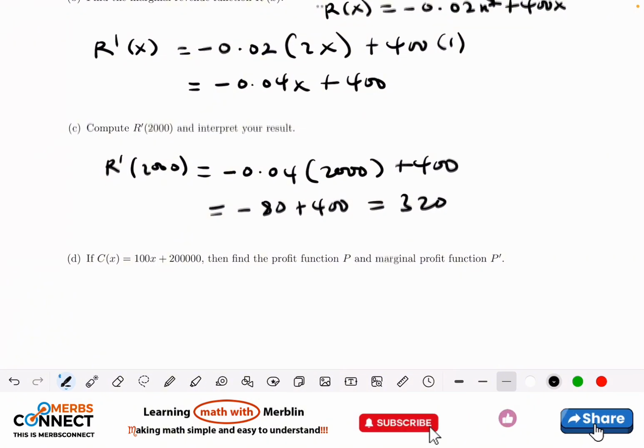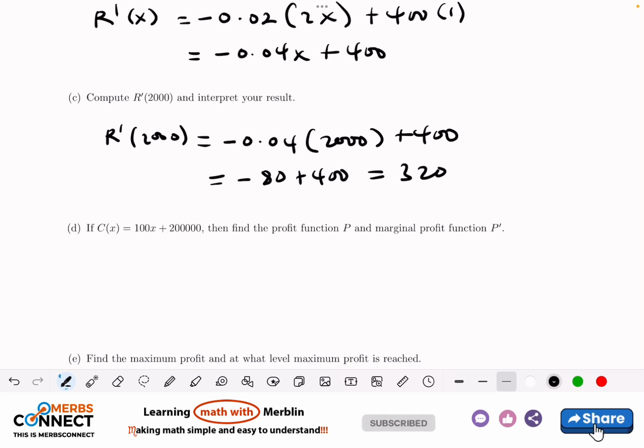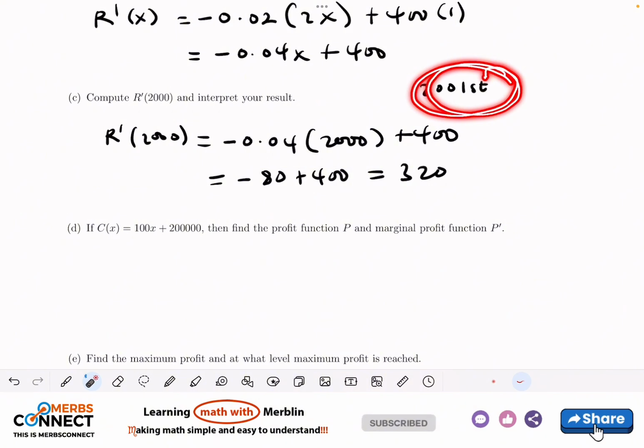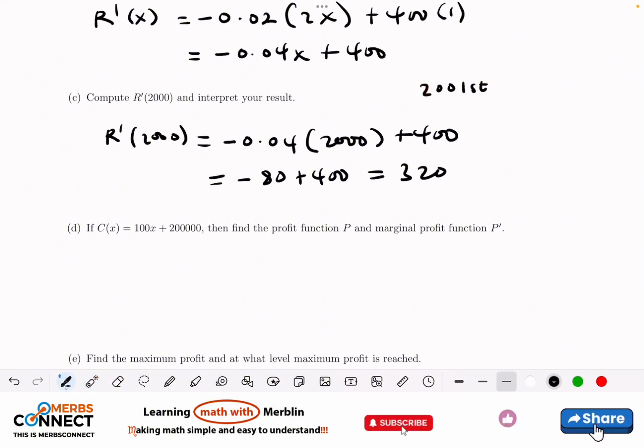Now let's interpret this answer here. Anytime we are looking at the r prime of something here, remember I said in the previous question that this was coming from the idea of 2001, right? And since we want to find the prime, we need to subtract 1 from this to get the 2000, right? So the interpretation should depend on this. So what we are going to say is that the 2001st